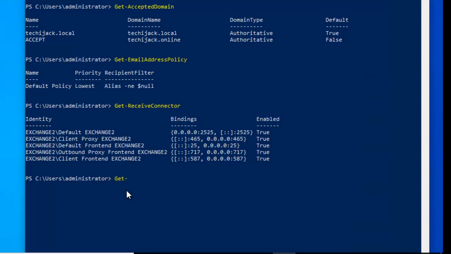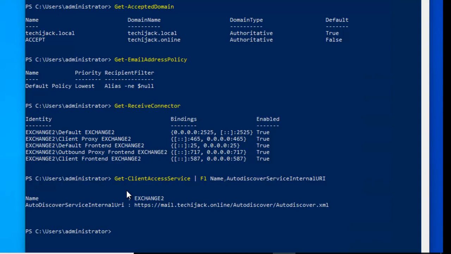Get-ClientAccessService, FL name, AutoDiscoverServiceInternalUri. It will show the autodiscover URL, like https://mail.techiejack.online/autodiscover/autodiscover.xml.